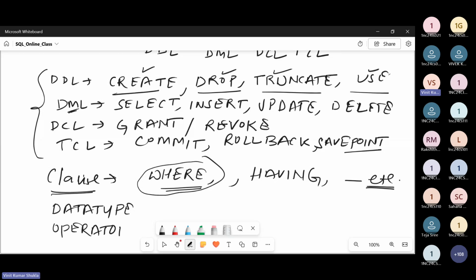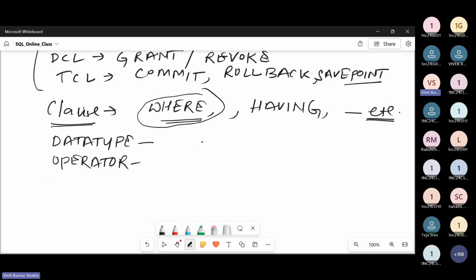Guys, whatever you have done in normal programming languages as data types or operators, all of that is applicable equally in SQL. There is no difference. For example, if I say logical operator, what do you mean by a logical operator? What is the meaning of a logical